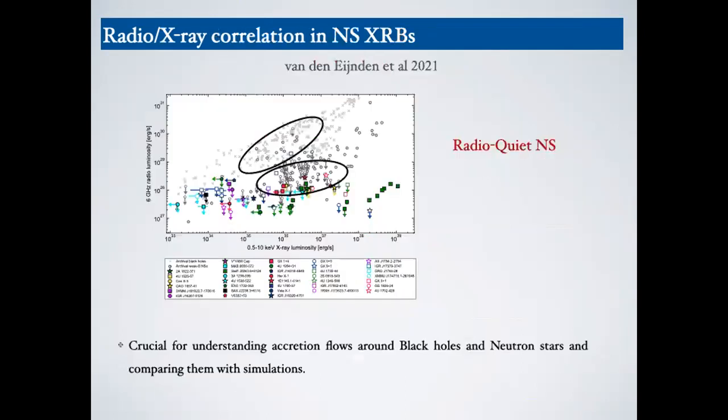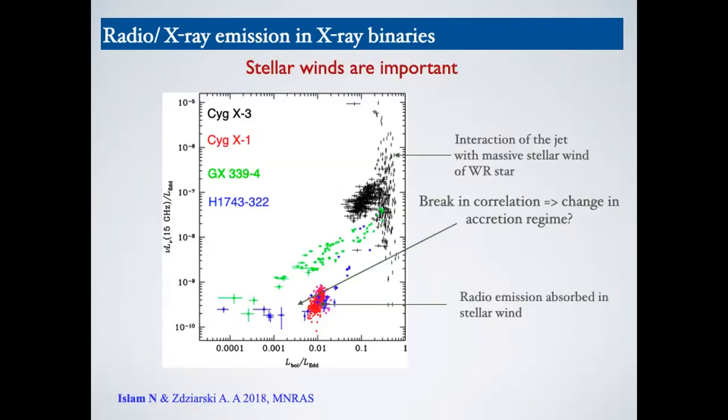But the question, yes, sir. Is it a good idea to compare both these? Because Cygnus X1 is a persistent source, while GX is a transient, right? So why is it a good comparison to make? I'm not getting that. It's not a good comparison to make, but it's a comparison to make if you look at how the jet interacts